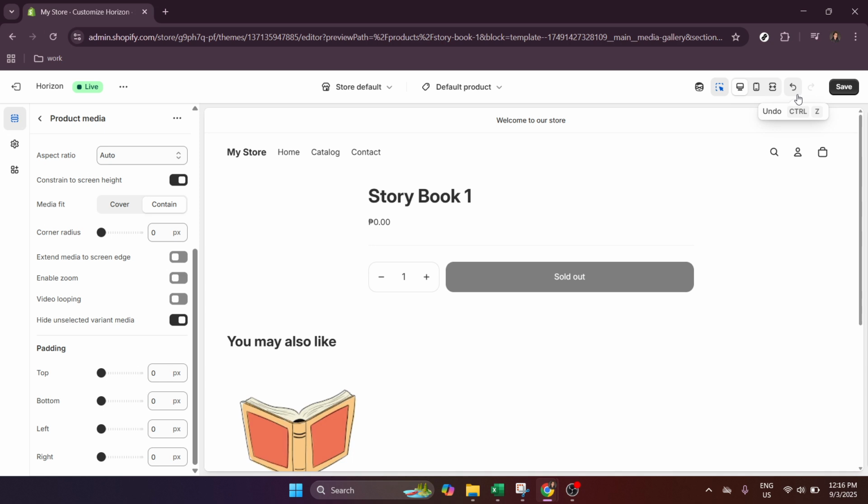That's it. You've successfully disabled the zoom feature on the Dawn theme in Shopify. Your store's product pages should now reflect this change, providing a cleaner and possibly quicker browsing